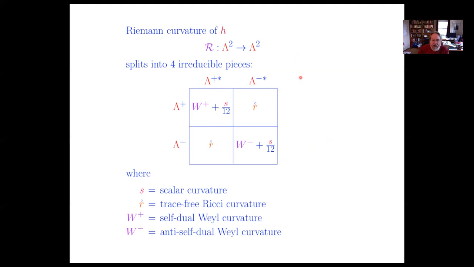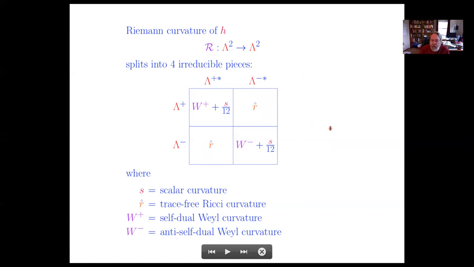If you think about this as a matrix, it's a symmetric matrix because of the first Bianchi identity. The scalar curvature, which is one of the most basic invariants, part of the Ricci curvature, appears in this picture as a multiple of the identity. The trace-free part of the Ricci tensor shows up as the off-diagonal block, and these 2 blocks are really the same. They're transposes of each other. Then there are 2 remaining pieces of the